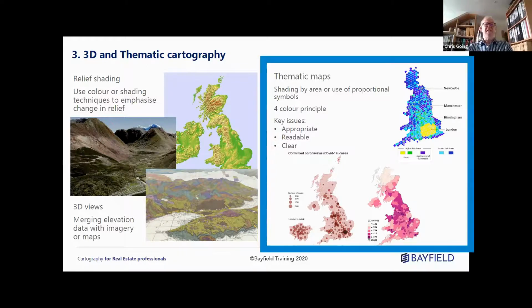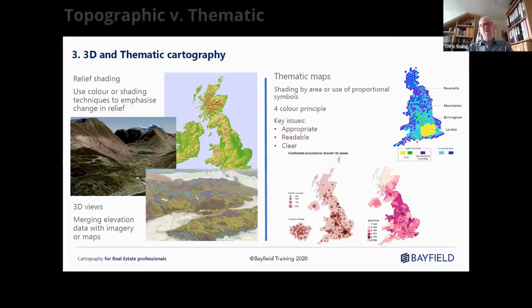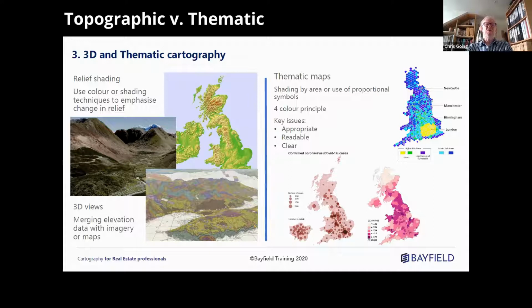Then we come on to thematic mapping. We see a lot of these about, and they are often very poor cartographically. A topographic map generally depicts all the features with an equal level of importance. You show only what is necessary. In a thematic map, you are making a theme more important than others and using colour or symbols to emphasise the extremes in values that are associated with it. This type of map is used to show distributions and highlight areas of particular importance.